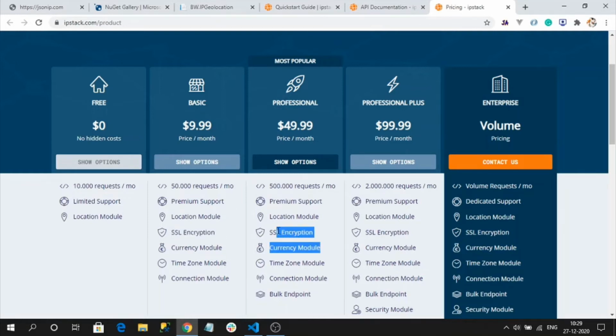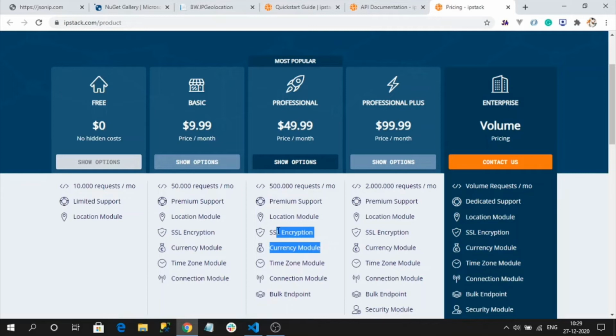Okay, there are other APIs where you can get a free subscription plan with HTTPS. But the problem with the other API endpoints, when I tested, is they are not giving the most accurate user location.